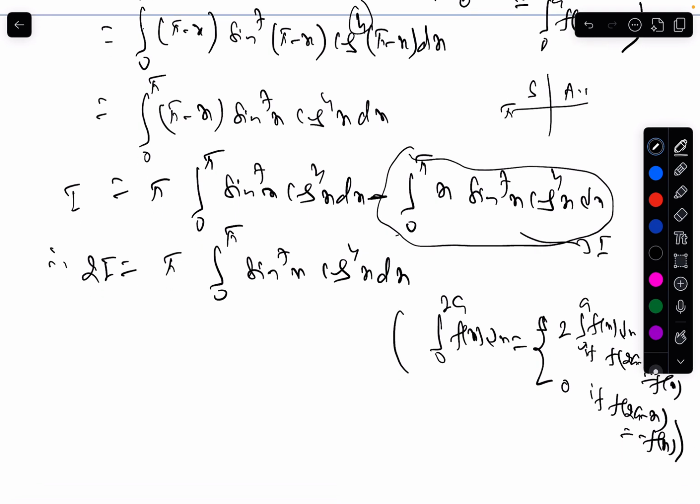Now here we can see that this 0 to 2a is 0 to pi, and this is a. f(2a minus x)